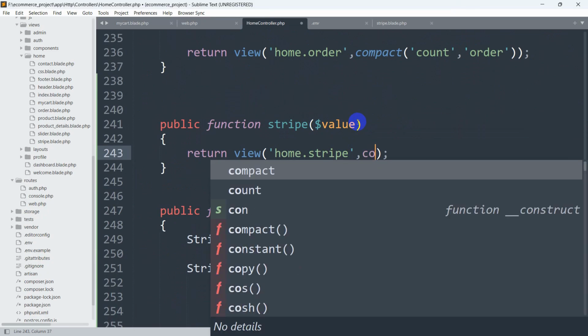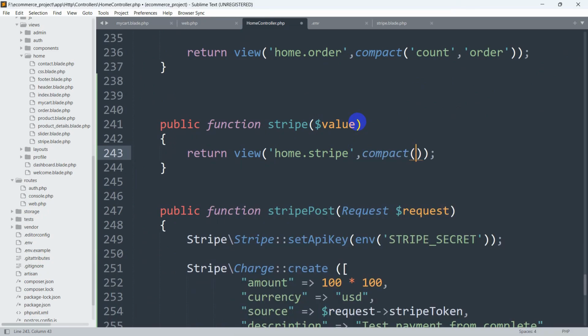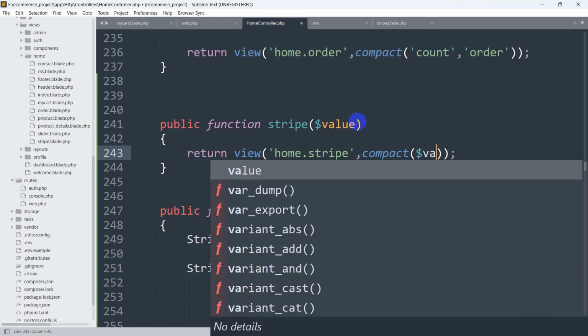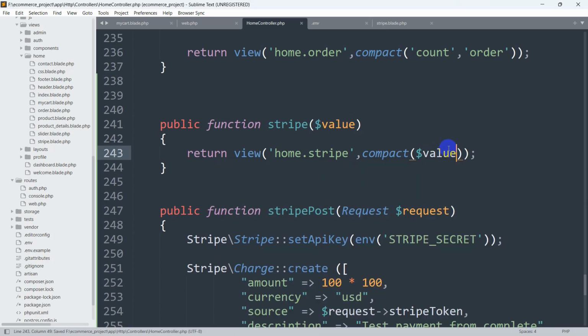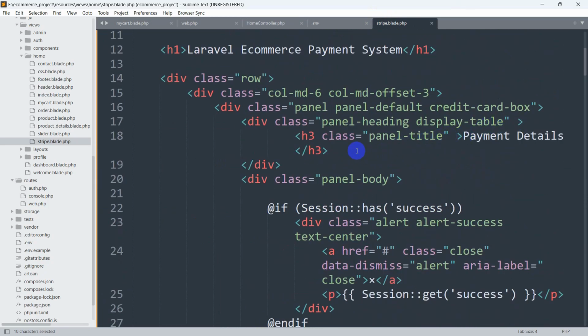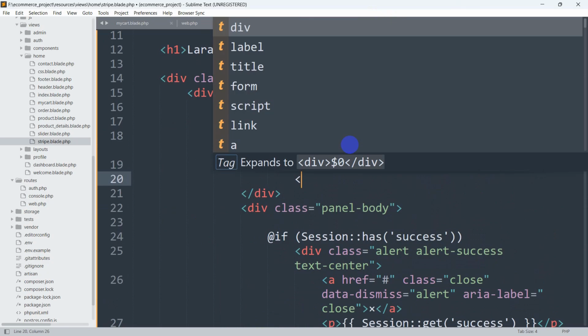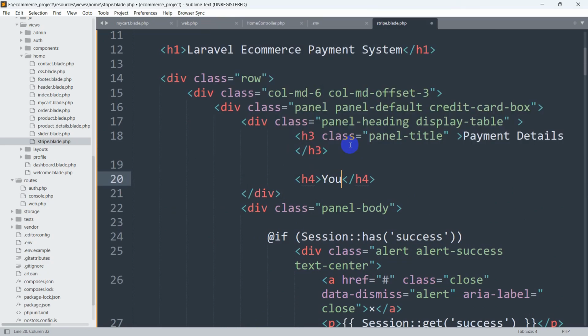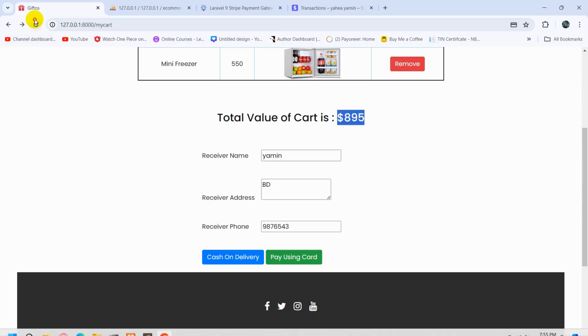So I'm just going to send here compact, let's say just directly say dollar value. If we now save this, and go to our stripe.blade.php, which is in the home folder, then we're going to say here, let's say H4, you need to pay, and in the second bracket, dollar value. Save it, then if we now refresh here, click on paying part,